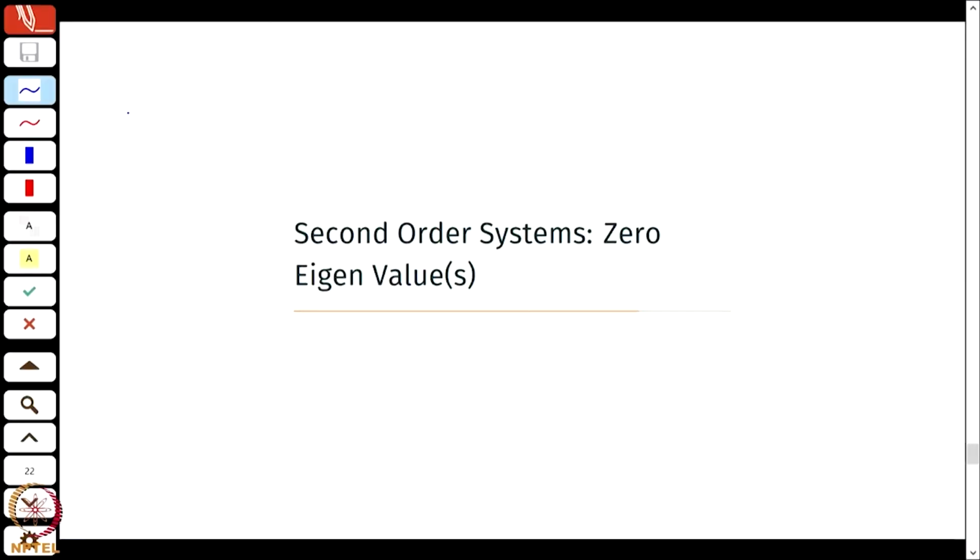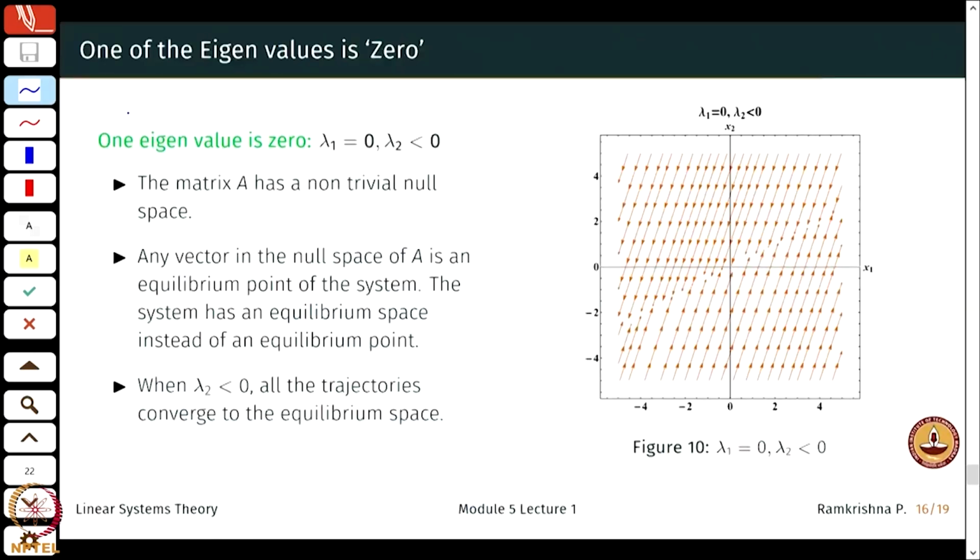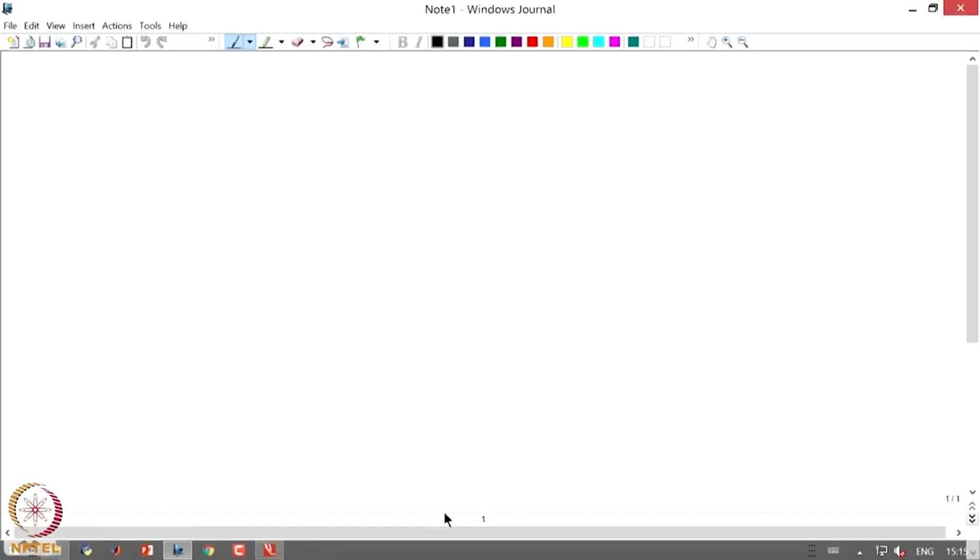Okay, the next thing that we will discuss is an interesting case when there is a possibility of having a 0 eigenvalue. So, let us start with just one of the eigenvalues being 0. Let us say lambda 1 is 0 and lambda 2 is less than 0. How will the transformed system look like? When I write it in the Jordan form,